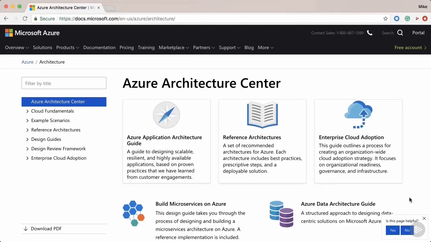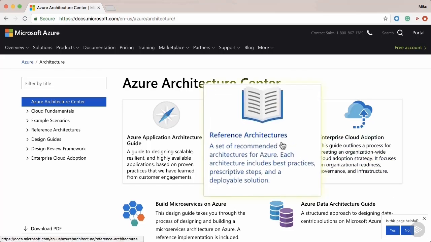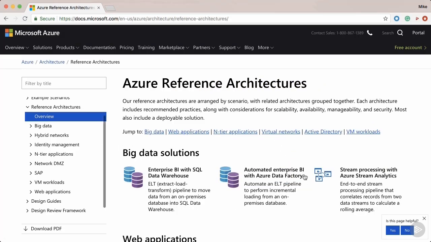So when it comes to building highly available applications, you've got lots of different options. And one of the resources that's really useful is the Azure Architecture Center, especially this reference architectures section here. So let's take a look at this. This will be an invaluable tool for you as you go through and build your own highly available designs here